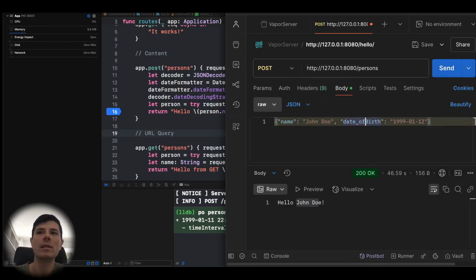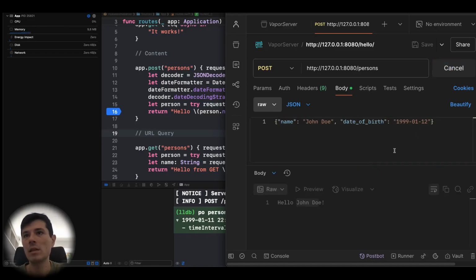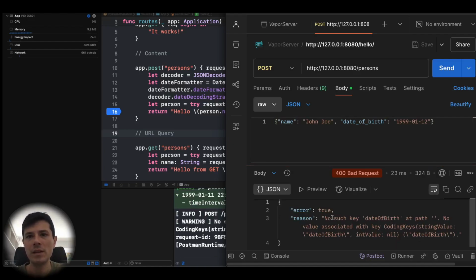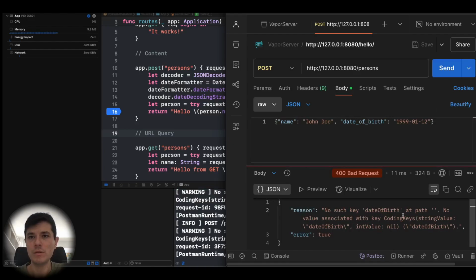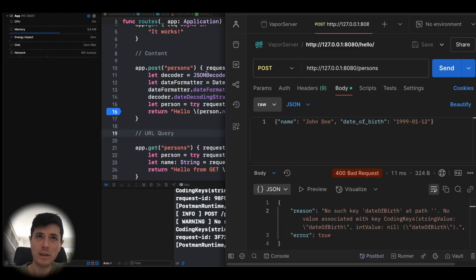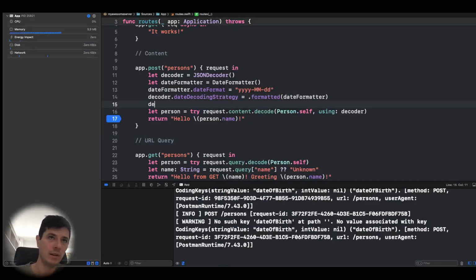You can have like this, and if you use snake cases, you'll see like no such key date of birth at path of birth. I would see this error, no such key date of birth, but I can totally change the way of my decoder